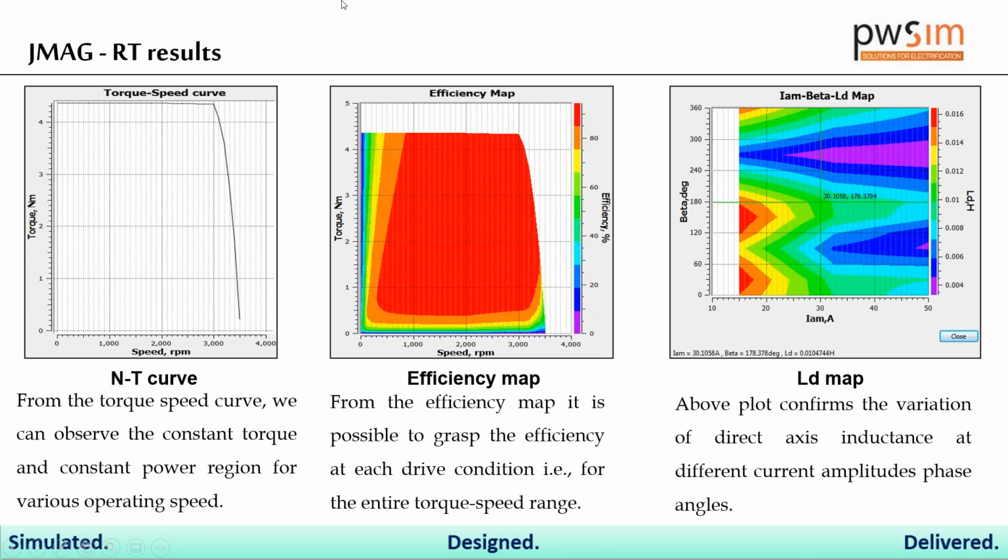So once you co-simulate your model with the JMAG motor model with the MATLAB model or the PC circuit model, one of the most interesting phenomena is the efficiency map. In this spectrum, you can see how your efficiency is varying with respect to the torque and speed. So based upon your requirement, you can fix your operating point anywhere depending upon the efficiency. Suppose you want higher efficiency, you can fix your operating point somewhere here, but you should be watchful